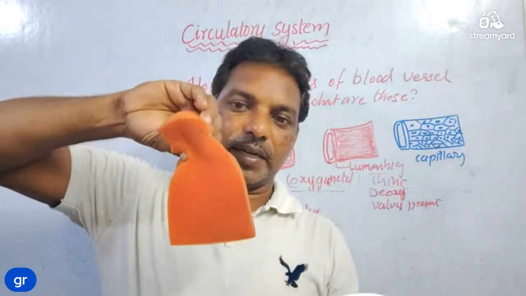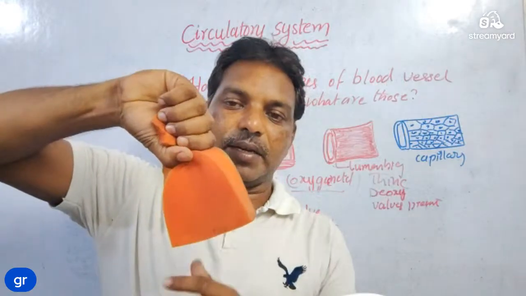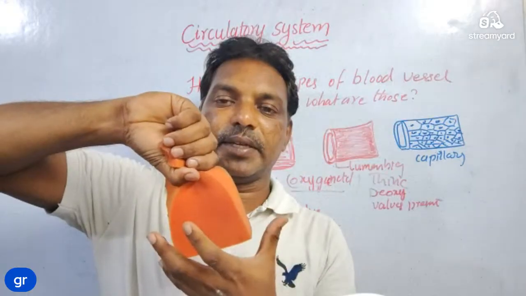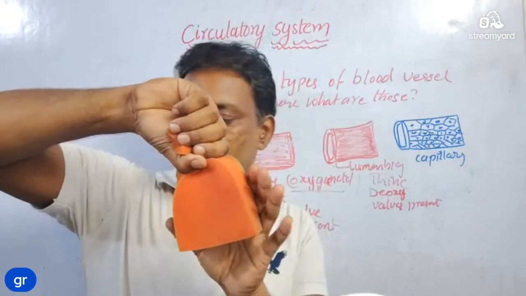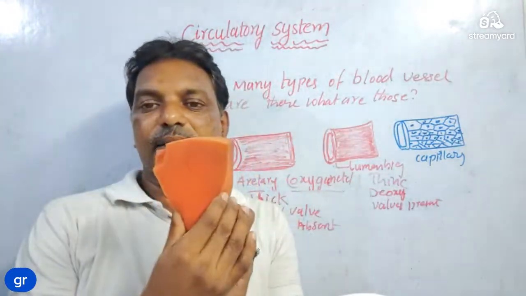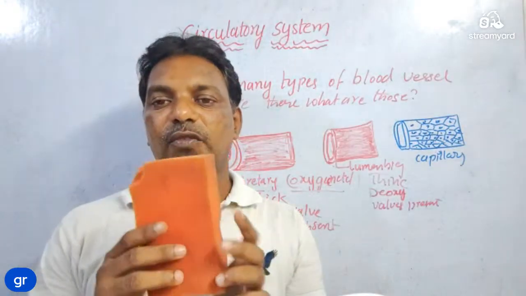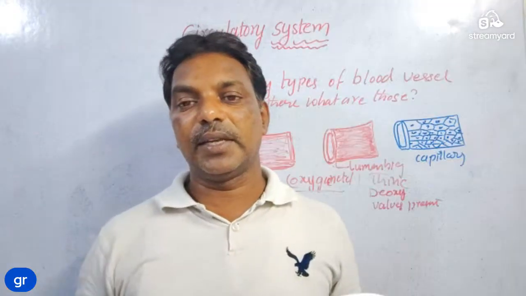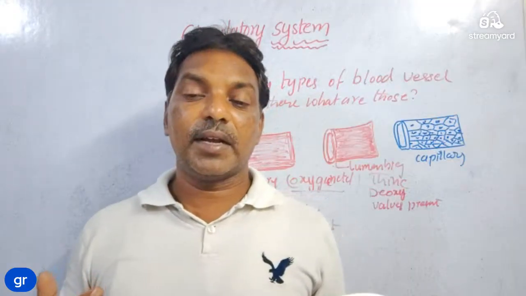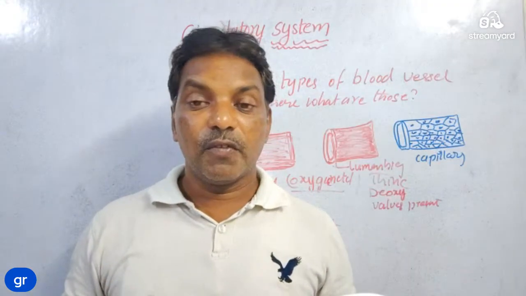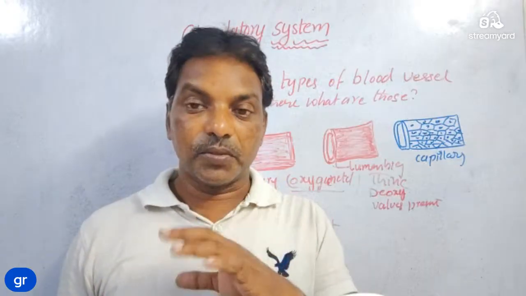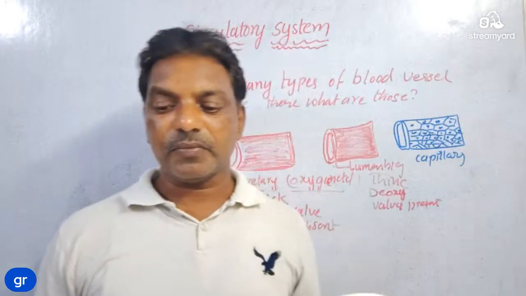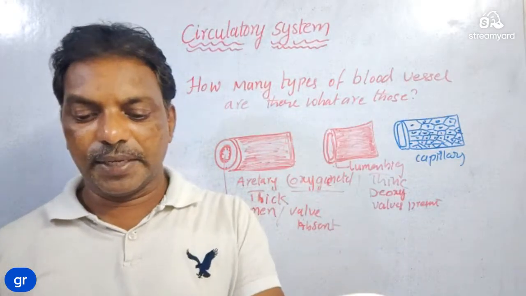See here, if we divide this into four chambers, first is auricle contraction: the upper two are contracting and the lower two are relaxed. So, auricle contraction, ventricle relaxation. Now ventricle contraction, auricle relaxation. Then all four relax. These three steps together are called the cardiac cycle. Okay, so this is called a cardiac cycle.